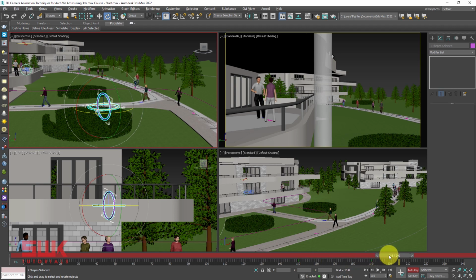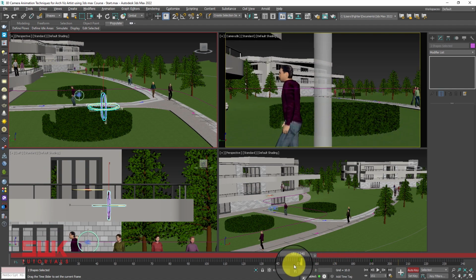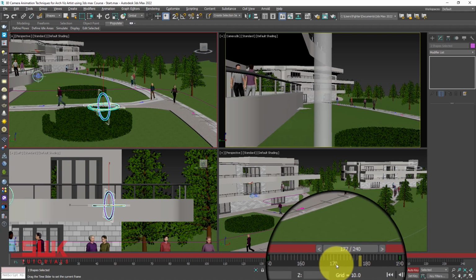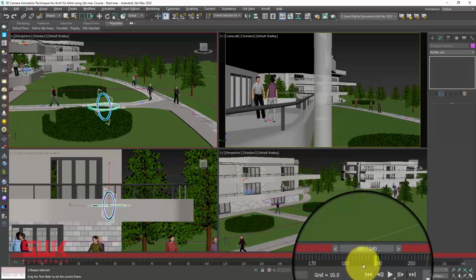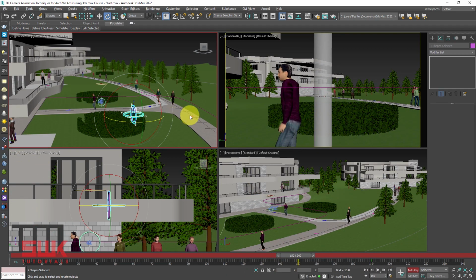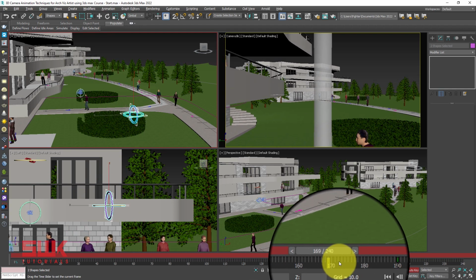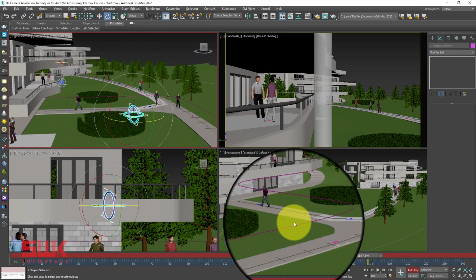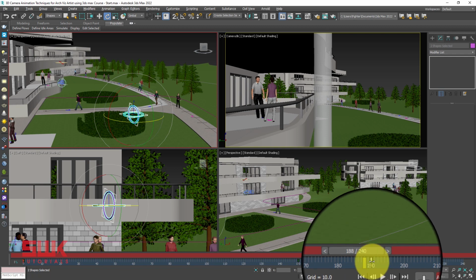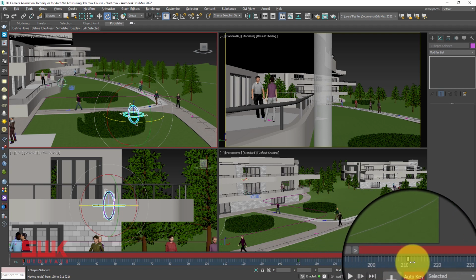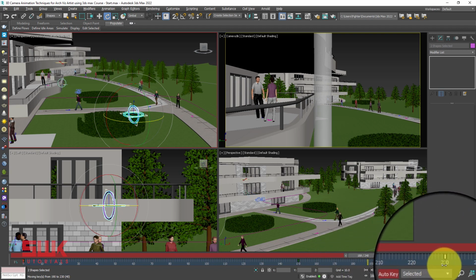The reason for this is that the number of frames between this and this part is extremely small. They are only 40 frames, less than 2 seconds. So to decrease the speed of the camera between this and this, you have to select both the controllers that you have animated, then left click and hold and drag it like this, all the way to something like 130.